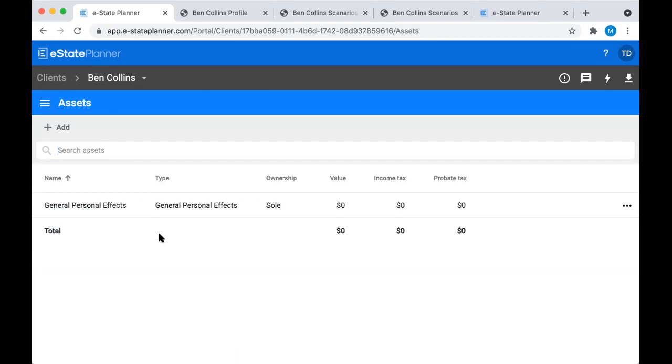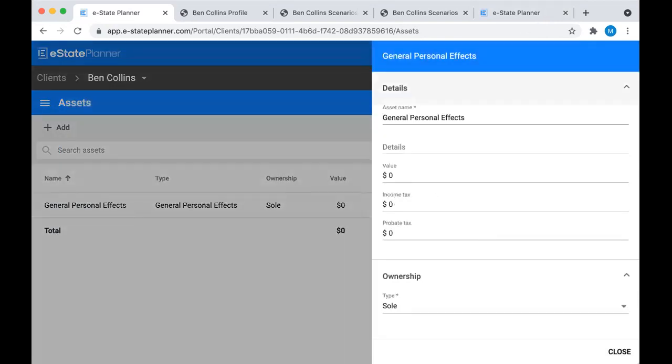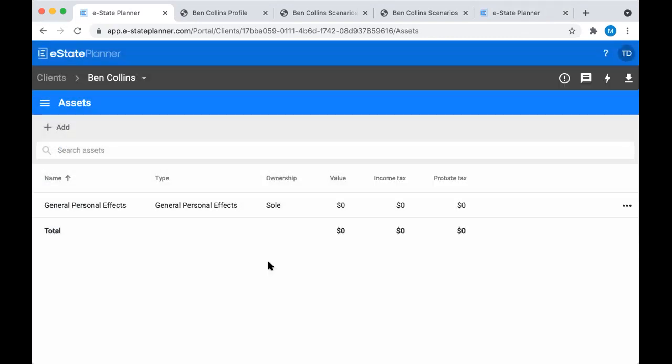So you're always going to start with this general personal effects asset, and that's just to make sure that you're gifting it in the will, so you're generating a special general personal effects clause. So you don't have to do anything with it. You can kind of just leave it as is. You can click on it. You can value it if you wanted to, but really it's more of a placeholder to make sure that once you get to the scenario section, you're gifting it as an initial gift so that you're triggering a special general personal effects clause in the will, so it's not just falling into residue,